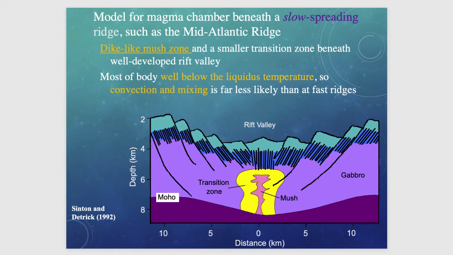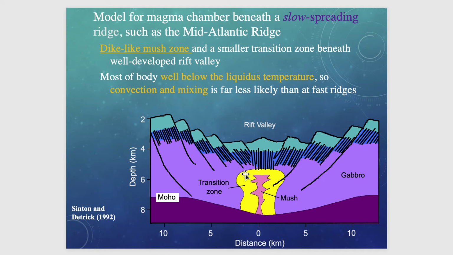As such, we have a much more restricted mush, and the mushy zone is more a dike-like feature. So the magma is like a vertical body that is pretty much homogeneous. It's again much smaller in scale, and because of that you get a thicker sequence of dikes on top,